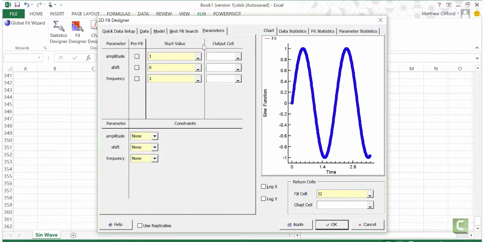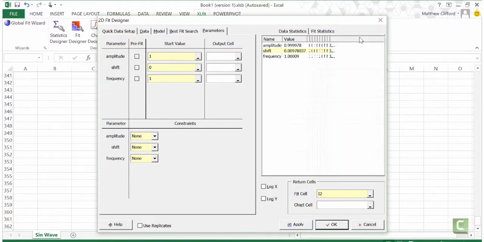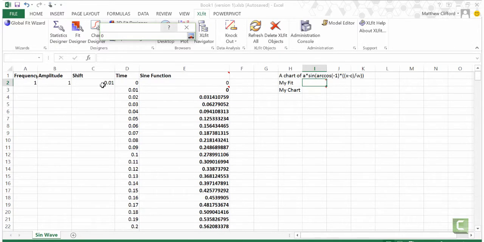I can change the parameters of that fit, so I have a range of values that I have in my start sheet. I've got a shift of 0 here. The tool has found for me that it had a shift of 0.0097. If I wanted to change that to be exactly the same as I had used earlier, I can simply select